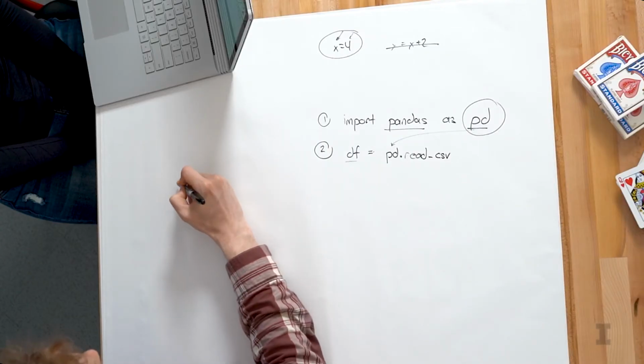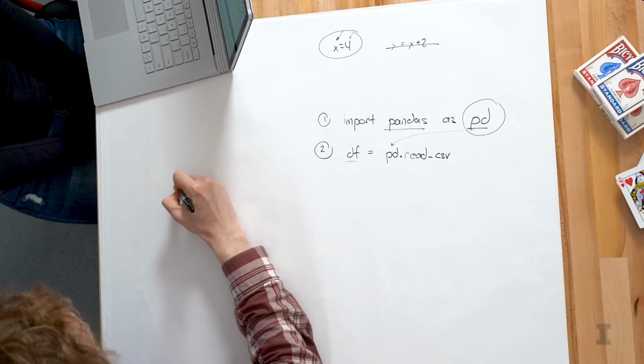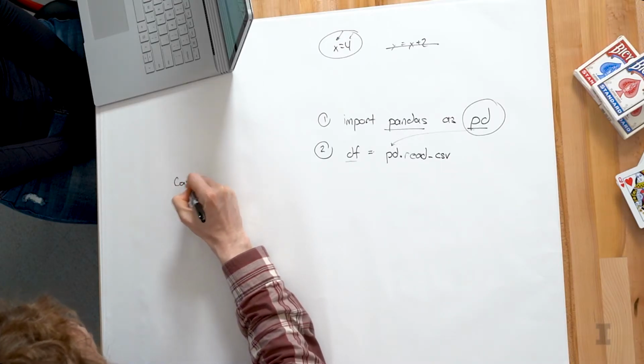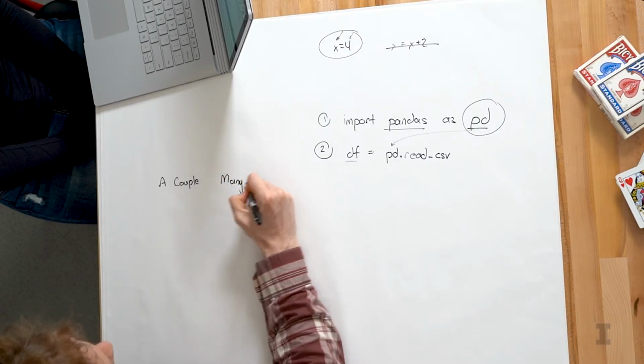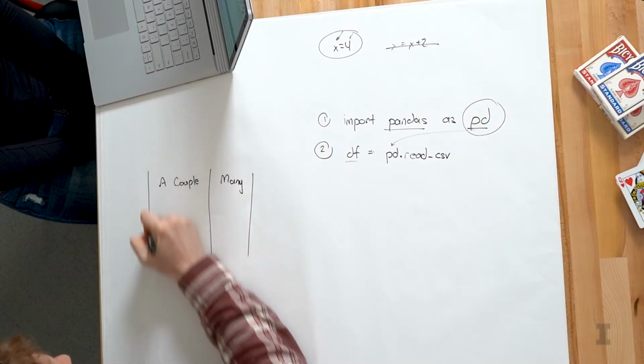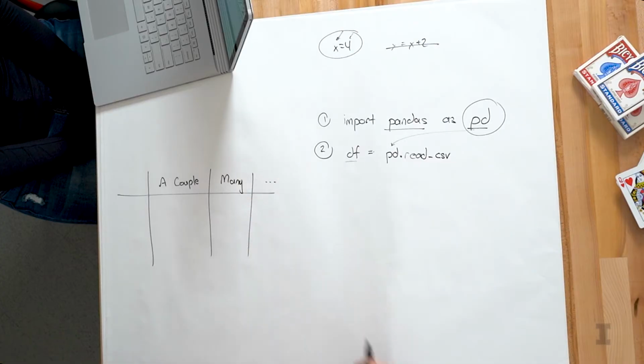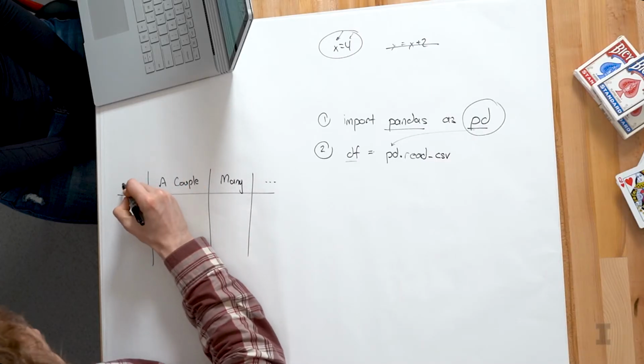So in the party words data set, you answered how many people you thought were a couple of people at the party. And you answered how many people you thought were many people at a party, as well as a number of other columns. So as part of this data set, we're going to have this structured data where everything's labeled and well organized. And the very first column that you're going to see, that you don't see in a CSV file, but you do see when we're importing it into Pandas, is going to be a column that we refer to as the index.